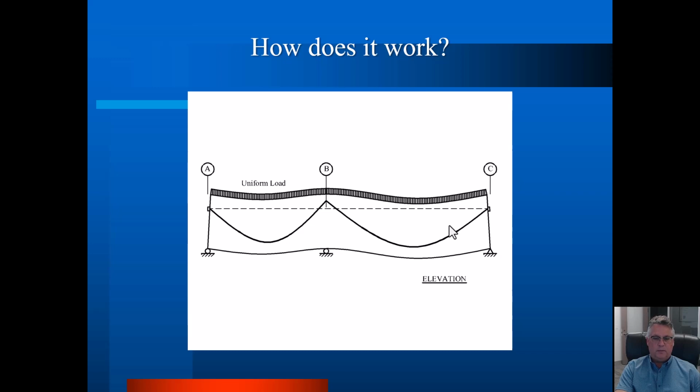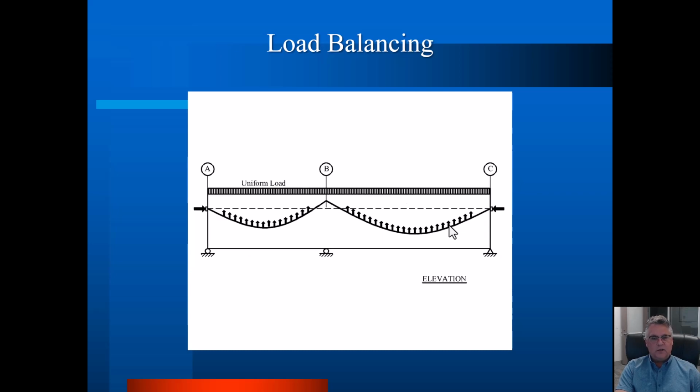We will drape post-tensioning tendons through the system. We will pull very hard on those tendons. That drape creates an upward load on the concrete, and effectively we can get as close to a flat floor system as we really feel like we want to. That concept is called load balancing. And we can decide how much of the load we want to balance.